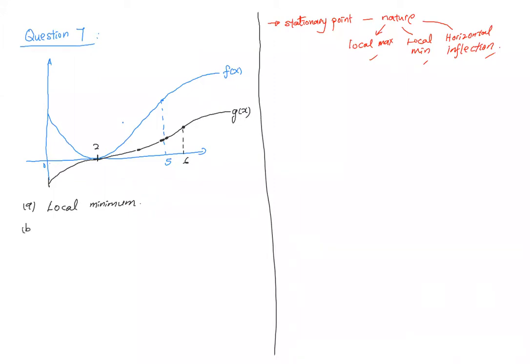Part B, figure 7 shows the sign diagram of the second derivative of g(x). So I read the sign diagram and label it. There are 2 inflection points, correct? One is at x equal to 2, the other one is at x equal to 6 for g(x). State the nature of the point that is located at x equal to 2 on the graph. So when we talk about inflection point,